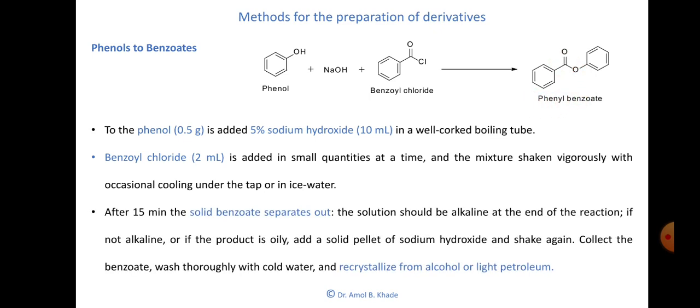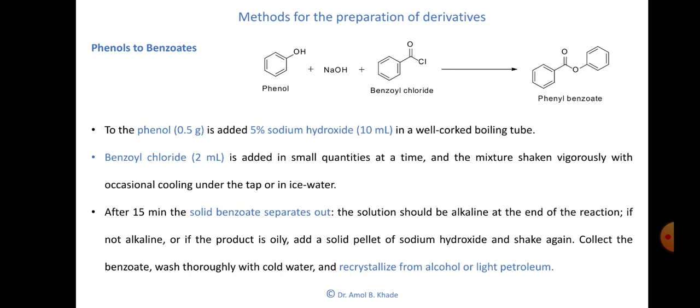After 15 minutes of this, you can get the solid benzoate which is getting separated out. The solution should be alkaline at the end of the reaction. If not alkaline, or if the product is oily, then you can add a solid pellet of sodium hydroxide and shake it again. Collect the benzoate, wash thoroughly with cold water, and then you can recrystallize from alcohol or light petroleum. So this is the procedure you can follow for converting phenol into its corresponding benzoate. Okay, so again the phenyl benzoate is a solid in nature, and you can recrystallize it to get it in